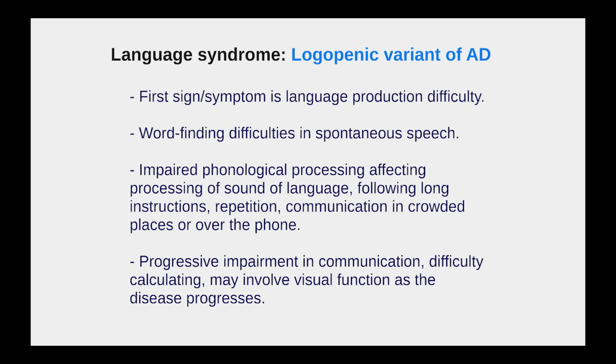And then they may start developing more visual problems, similar to the group that I showed you right before this one. These patients probably also have a lot of memory problems that might be hard to detect, because if you cannot speak, we may not have an opportunity to know that you forgot something, because it may not come up in a conversation. And let me show you just a video of a patient that has this,